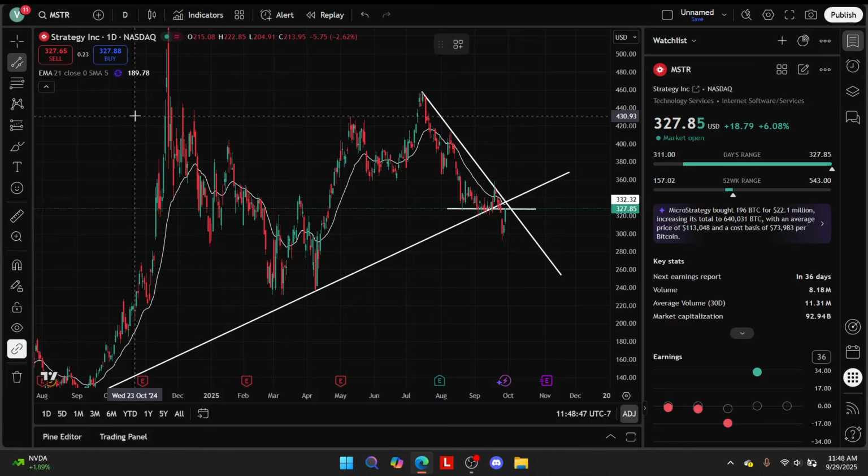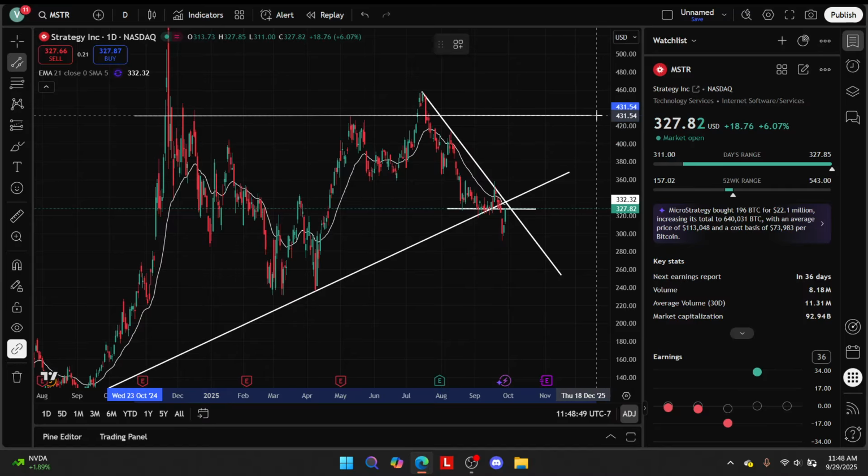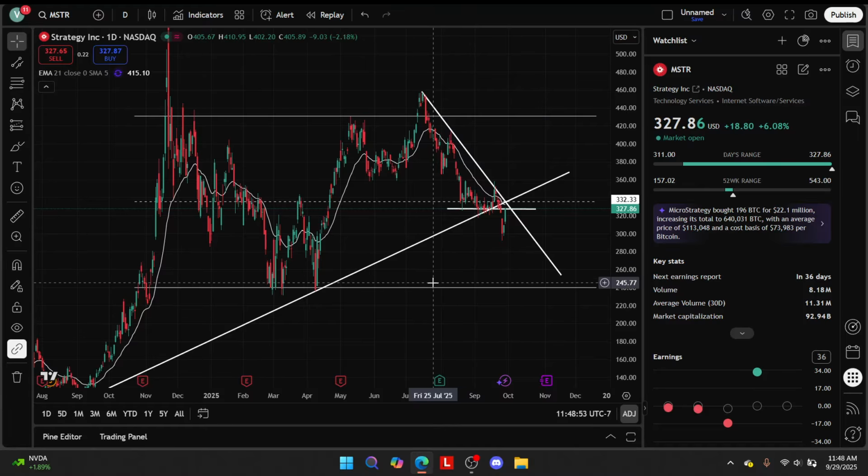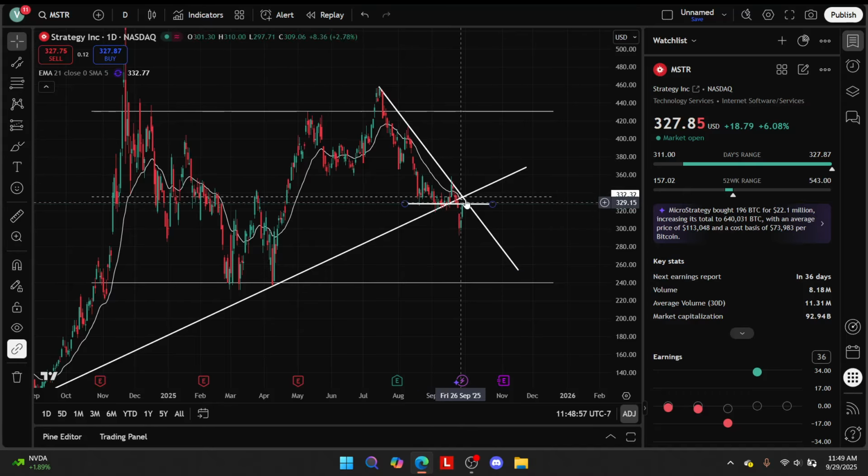MSTR macro still shows that price is in this big range pattern. Highs are right around the 430s, lows are right around the 230s, 240s, and we're still below the middle of the range, so that can lead to lower prices as well. So we'll see what happens for MSTR, but